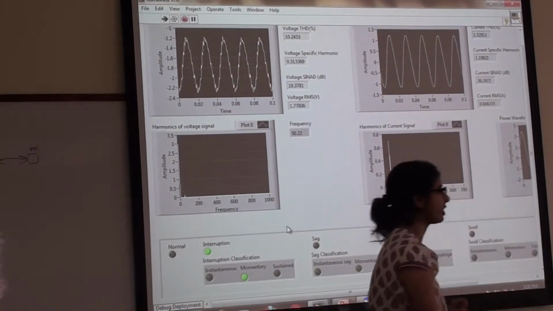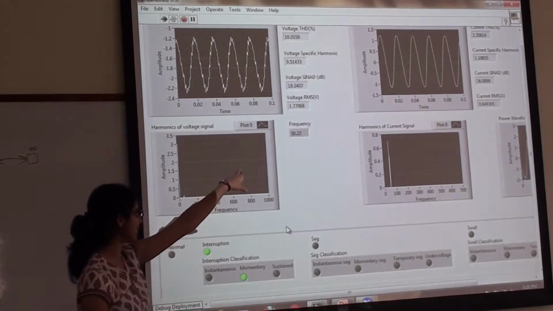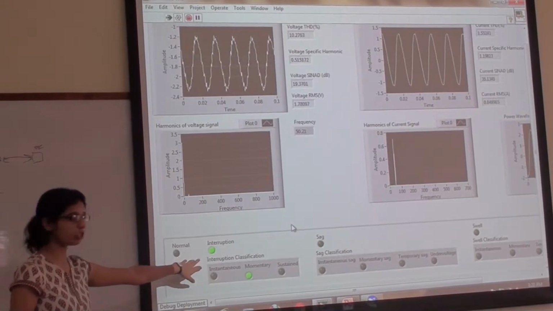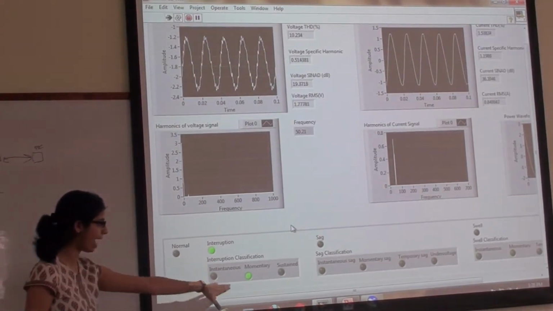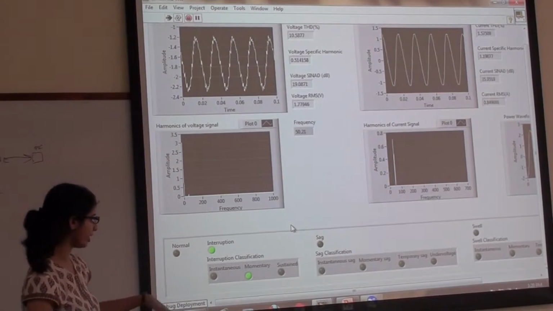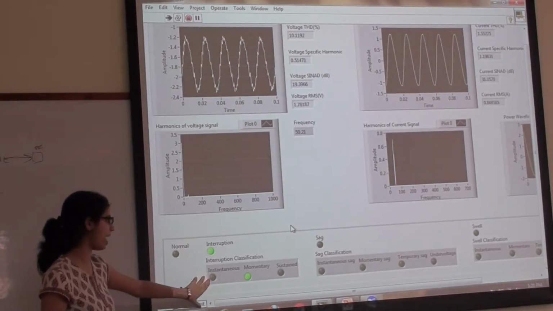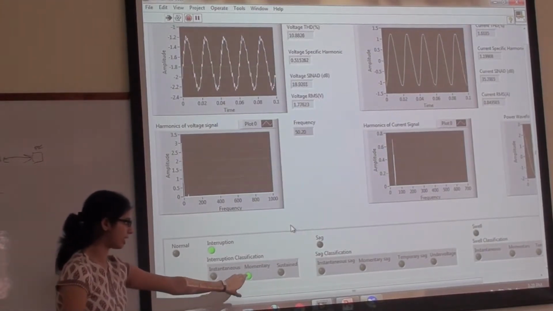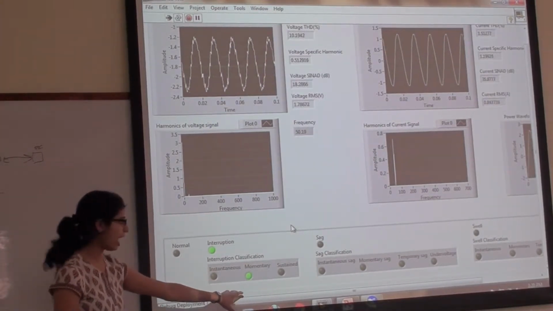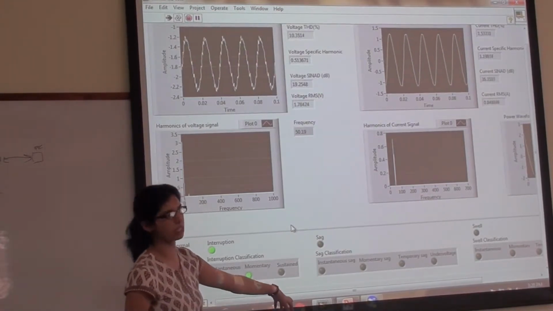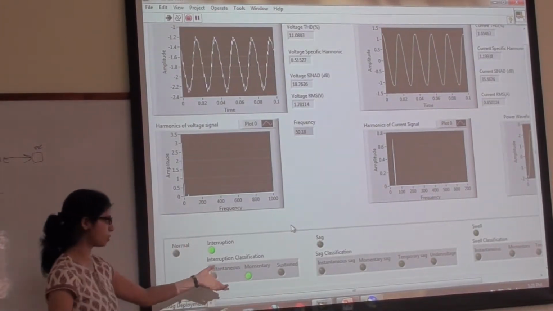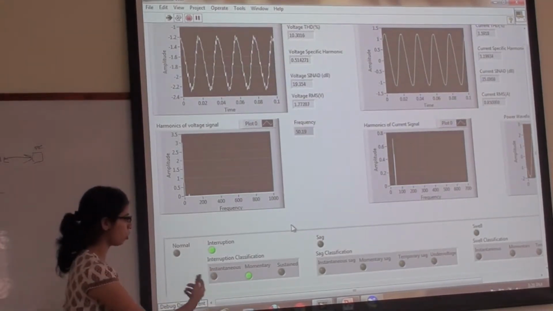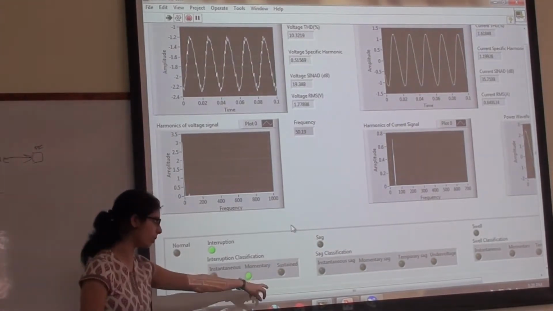the value of the voltage right now is 1.7 volts. So like I said, that's less than 23 volts. So what we have here is an interruption. So we have the interruption boolean blowing up and the time for which it glows. So right now, the first 3 seconds classify as instantaneous. Then when it goes on to anything more than 30 seconds, it becomes a momentary interruption. And if it goes beyond a minute's time, it becomes a sustained interruption. So right now, since 30 seconds have surpassed, we have a momentary interruption. And once this goes beyond a minute's time, it will blow up as a sustained interruption.